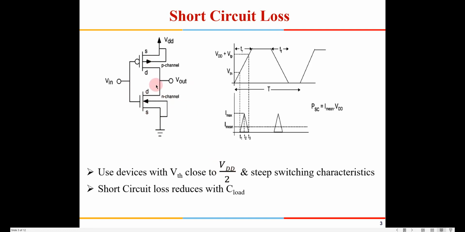high VT. In many technologies, like 45 nanometer presently, the devices I shared with you at 180 nanometer are single VT devices. But when we talk about 45 nanometer technology, you will find a low VT device, standard VT device and high VT device. If you use a high VT device, then this VTN will get pushed slightly up and this VTP point will be pushed down. So you will have the short circuit only for a shorter duration of time.